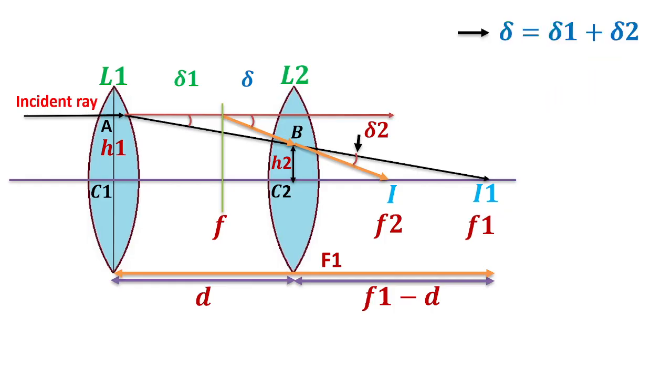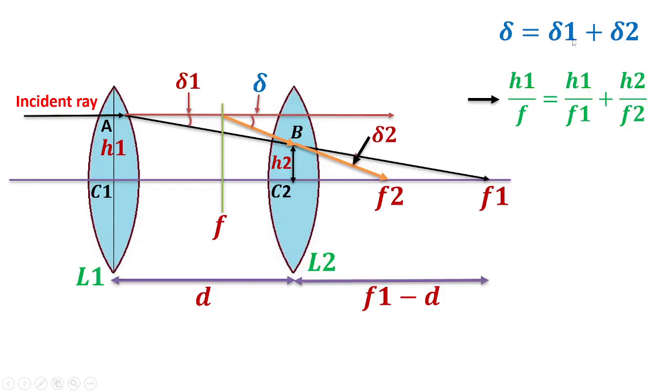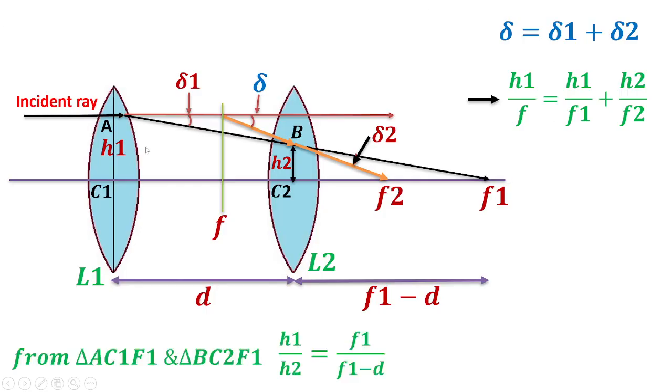Now delta is equal to delta 1 plus delta 2. Here delta is equal to h1 divided by f. This h1 divided by f is equal to h1 divided by f1, that is delta 1. And delta 2 is equal to h2 divided by f2. Further, from triangle AC1F1 and triangle BC2F1,